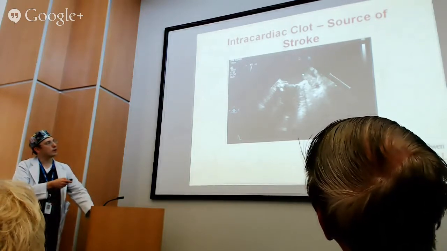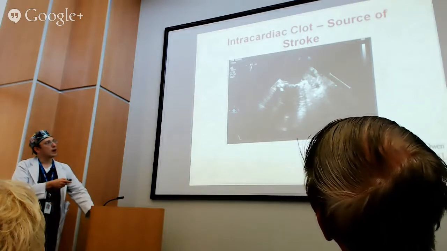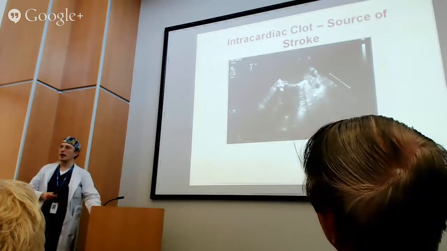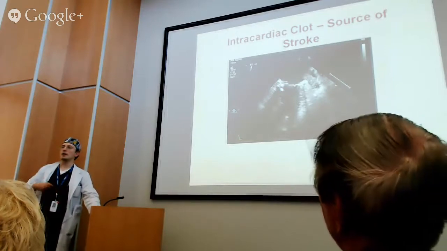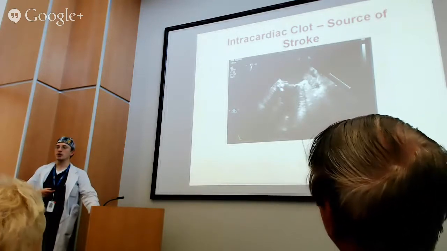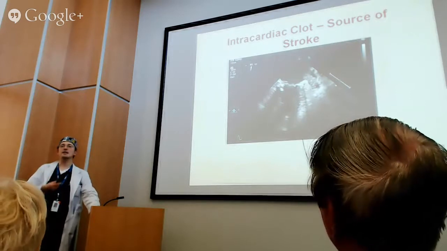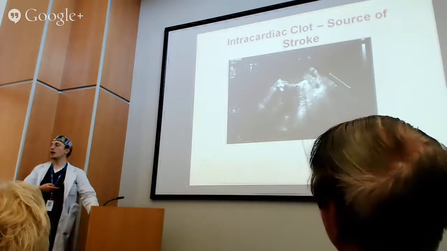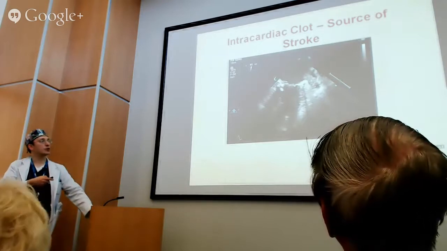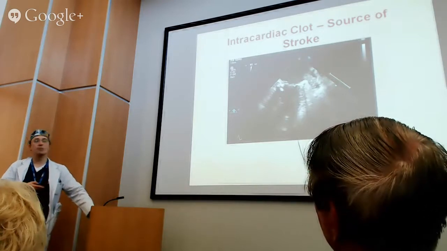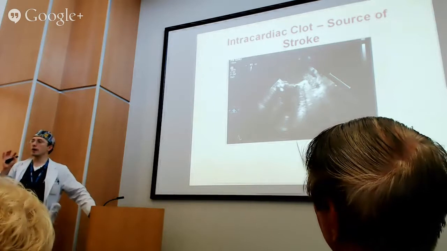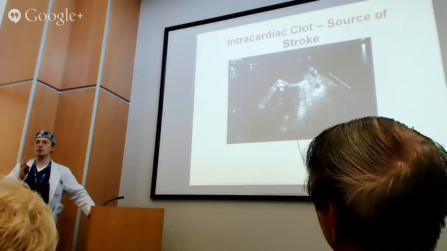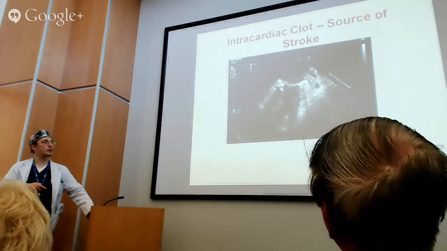You can see that these little dots are about half an inch apart. So if you look from here, it's about an inch and a half in length. That's a blood clot in the setting of atrial fibrillation, and that is the source of strokes related to atrial fibrillation. The reason why it forms in the heart is that when the patient goes into atrial fibrillation, the top chamber of the heart tends to quiver and not squeeze the blood very well, and the blood stagnates in the top chamber of the heart and allows for the blood clot to form.